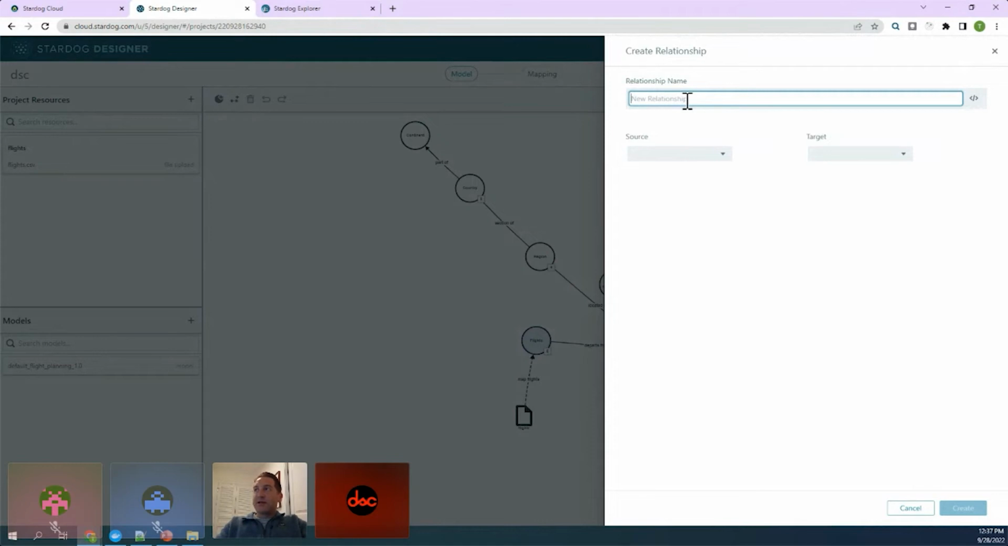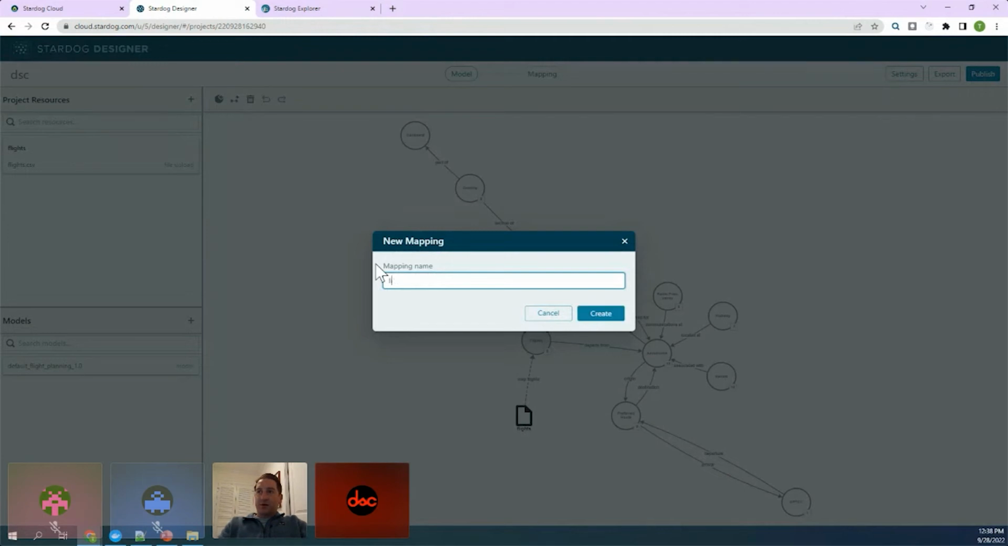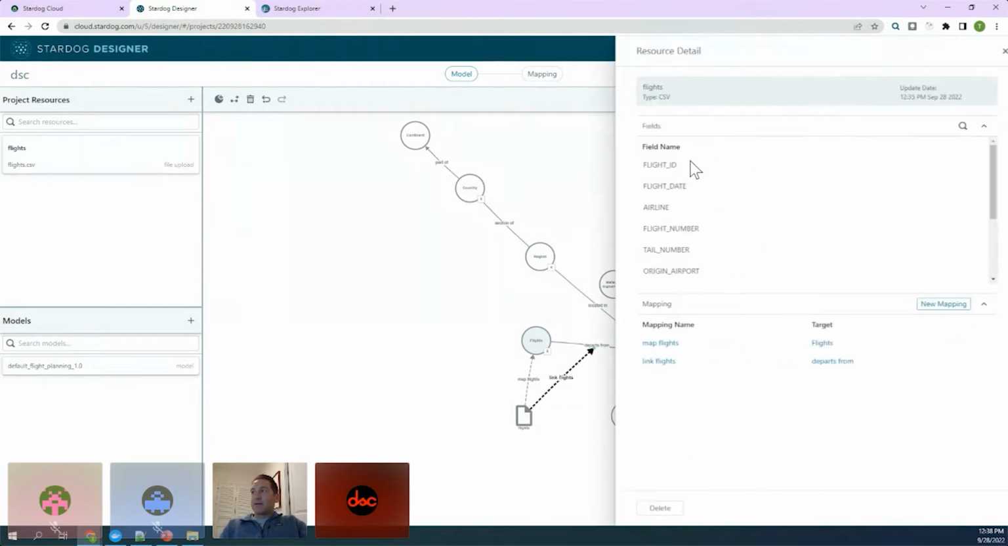We'll just link flight. We'll call it link flights. Actually, that's not what I want. Sorry, 1 second. Highlighting the project resource, we're going to call this link flights. And it's going to drop another dotted arrow into the canvas that we'll drag to this relationship right here. It should pop into place. I can then double click on this mapping,